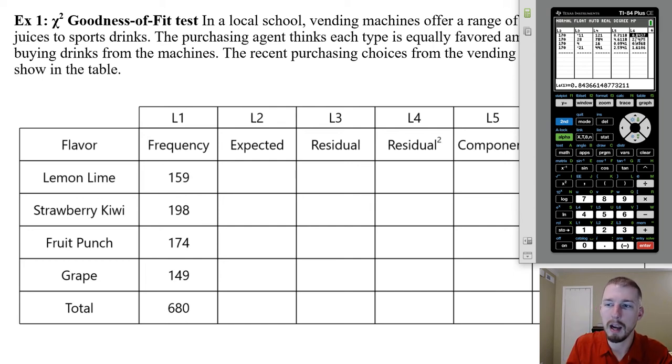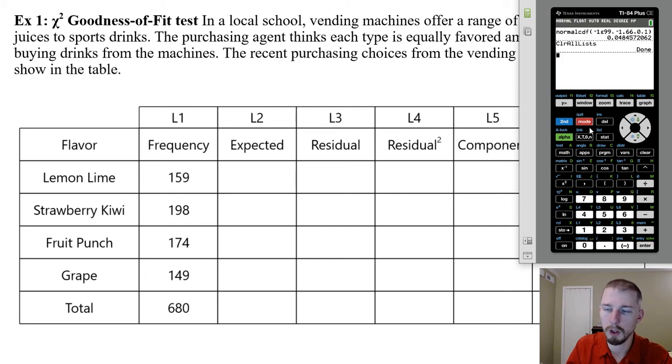And so that might be enough just from that one to make the whole thing unusual, but maybe not, because the other ones were fairly typical. So we'll see. That's why we have to take them all into consideration. So we need to take the sum of list 5. So I'm going to go to second stat to list menu, or over to math, and then the fifth one is sum. So we're going to take the sum of list 5, which is going to give us a chi-squared